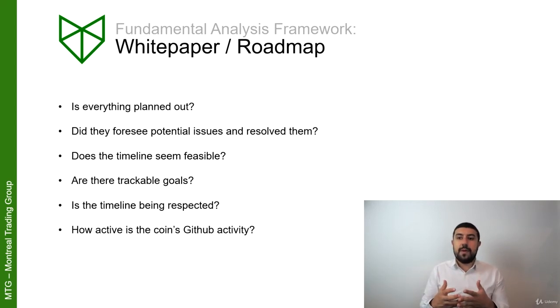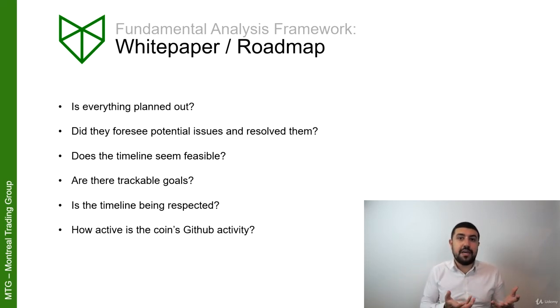So is it feasible? With some other cryptos, like Tron, I've seen roadmaps that are 10 years long. So they don't even plan on getting anything done now. It's really a long roadmap. So you have to make sure that this is something that you want to invest in, and that you can wait all this time for them to get to where they want to get. Is the timeline being respected? And again, you want to make sure that if they're saying they're releasing things on time, it is released on time, because you have to trust them somewhere, right?